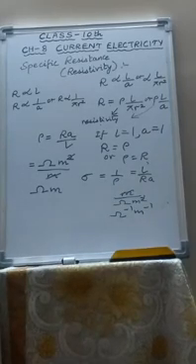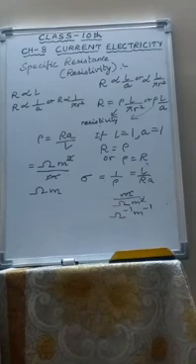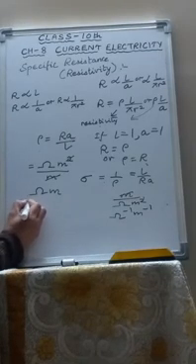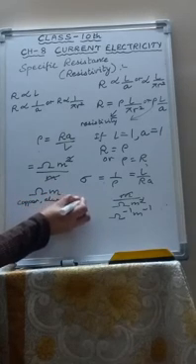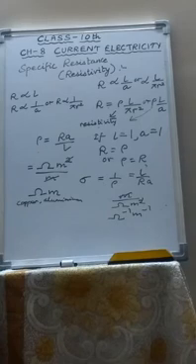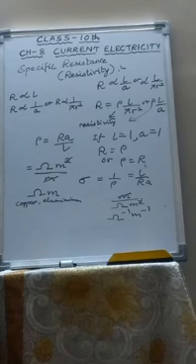Now the choice of material of the wire depends on the purpose for which the wire is used. For electrical connection and power transmission, we use copper and aluminium, whose specific resistance is very low. Okay, children, low specific resistance means they are good conductors. So we use copper and aluminium for conducting wires. The standard resistances are of high resistance. They are made of constantan and manganin, etc., whose specific resistance is high.